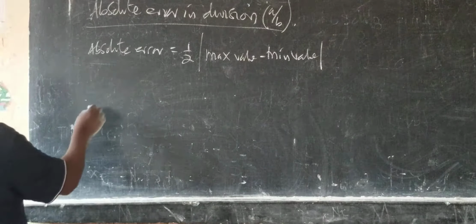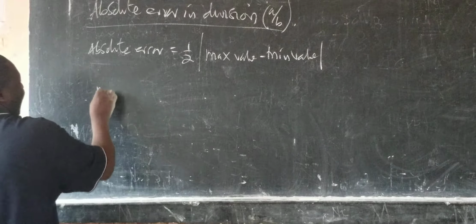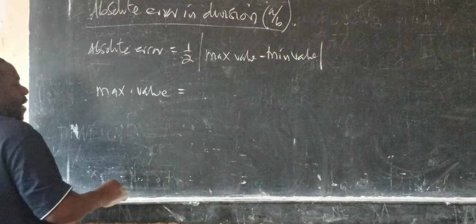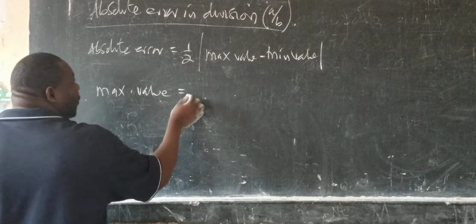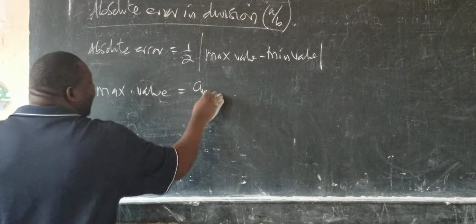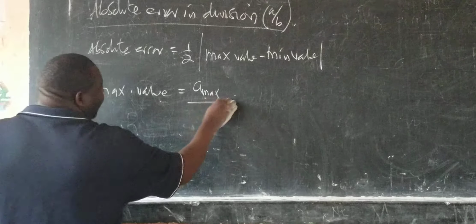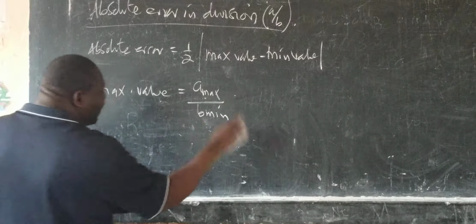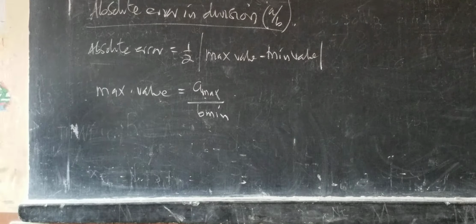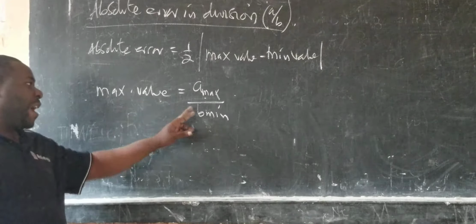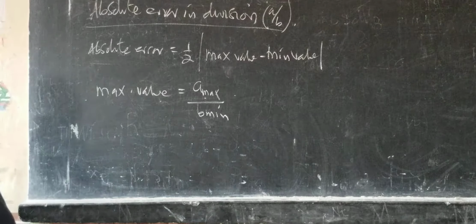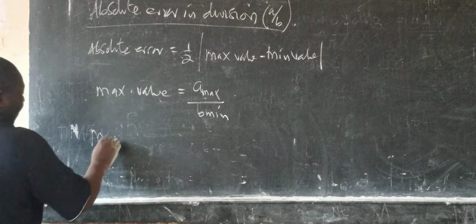So if you get the maximum value in the quotient, you have to get the maximum value in the fraction when dividing two numbers, and you're interested in getting the maximum value. What you do, you make the numerator very big and you make the denominator very small, and that's how you get the maximum value in the quotient. Then if you have to get the minimum value,